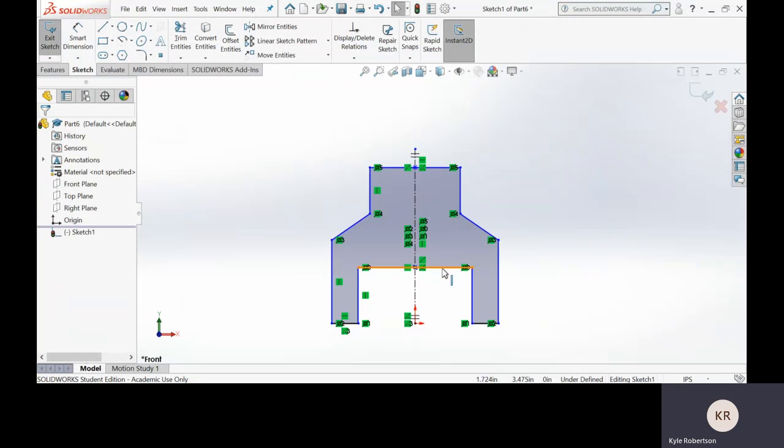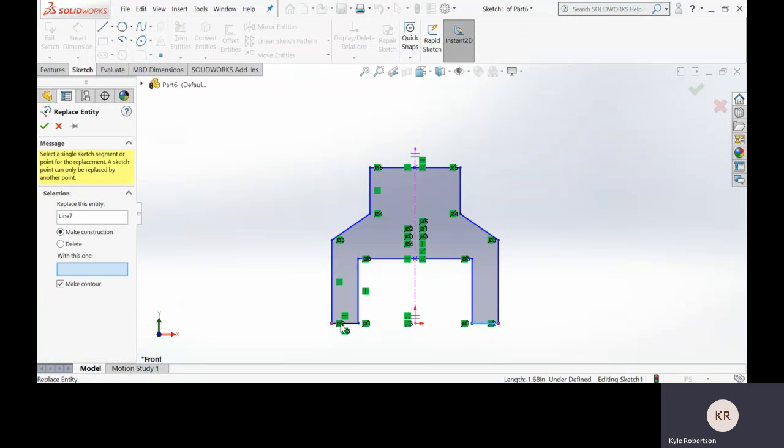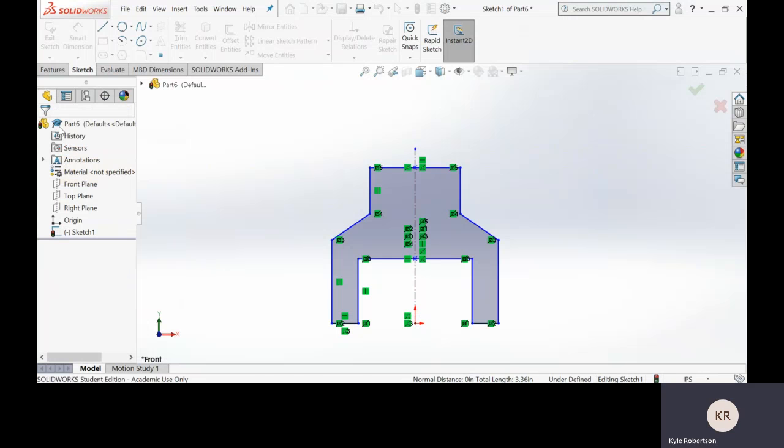Something you'll notice here, we're not locked to the origin. Oops, you'll see down here we're not. Oh, we did. It did put in a relation when I drew it in line. So, okay, we are locked to the origin. That's good news. That was something a lot of people are missing. This whole shape would float up and away from the origin. So keep that in mind. You gotta use dimensions or relations to keep yourself locked in some way to the origin. All right, so